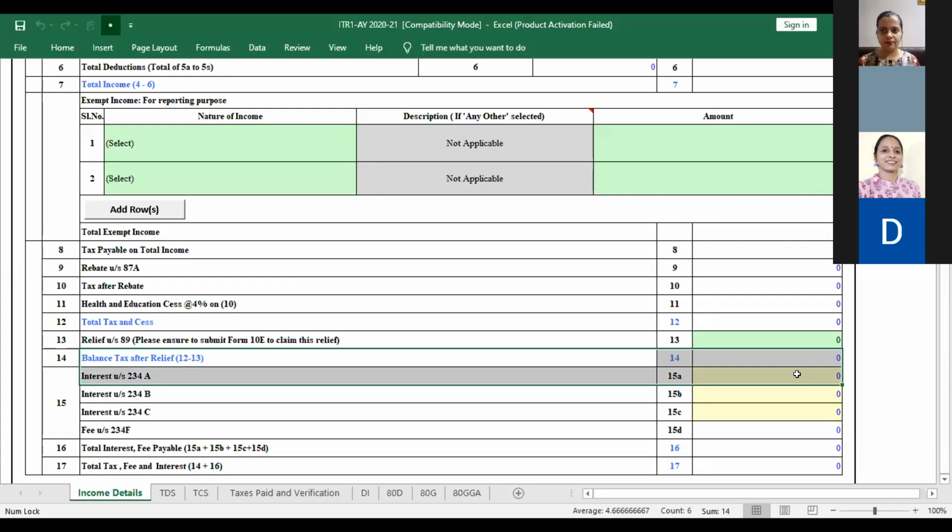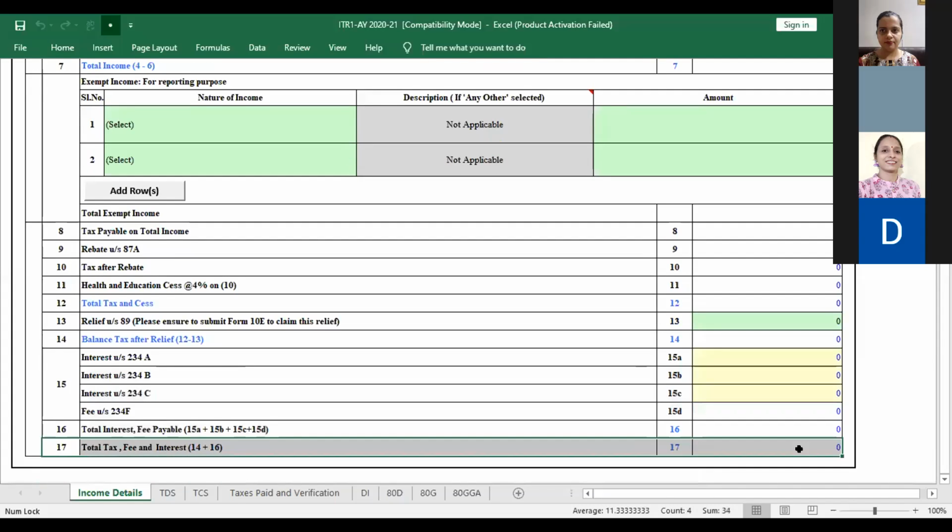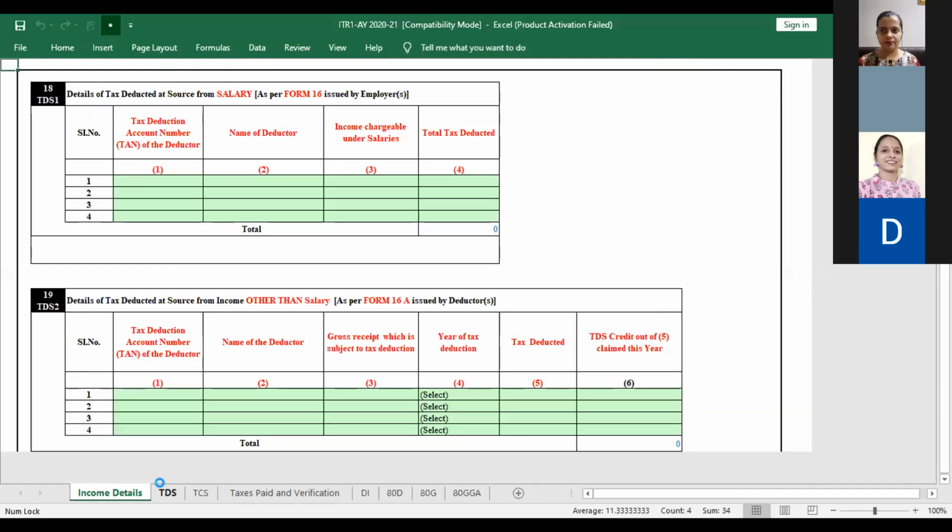So with this total, you will get the tax that you have to pay. The total tax that you have to pay. So when you come to row number 17, this shows you the total calculation of tax that you have to pay to the government. Now the question is, how have you paid this amount? Say this amount comes to 80,000 rupees. You have shown your entire income. You have shown all your tax calculations. You have to pay 80,000. Now the question is, how do you pay 80,000?